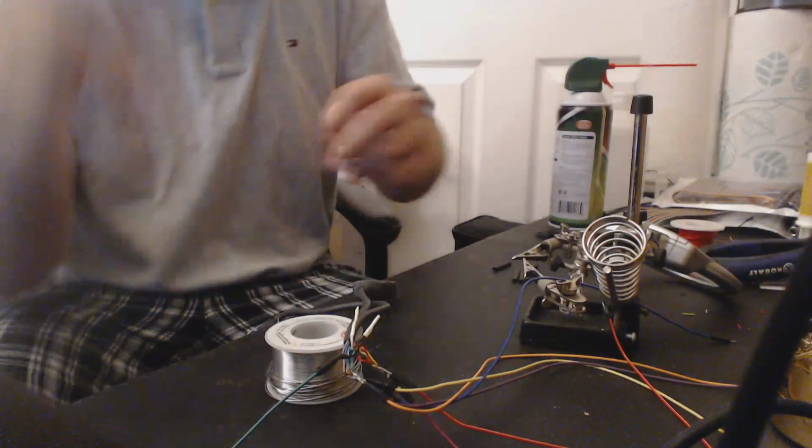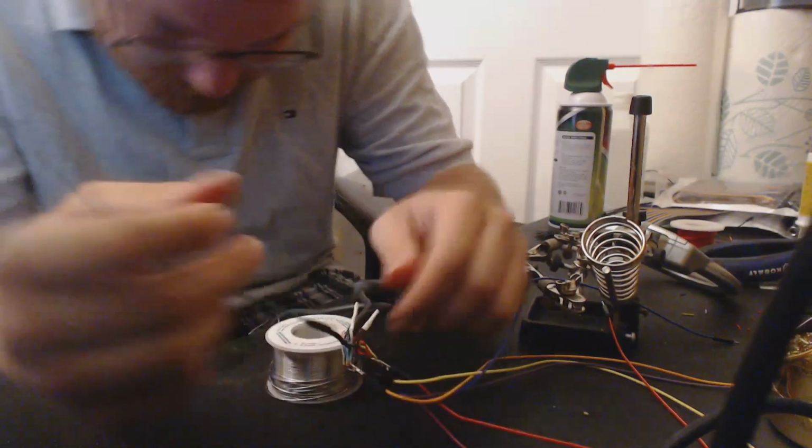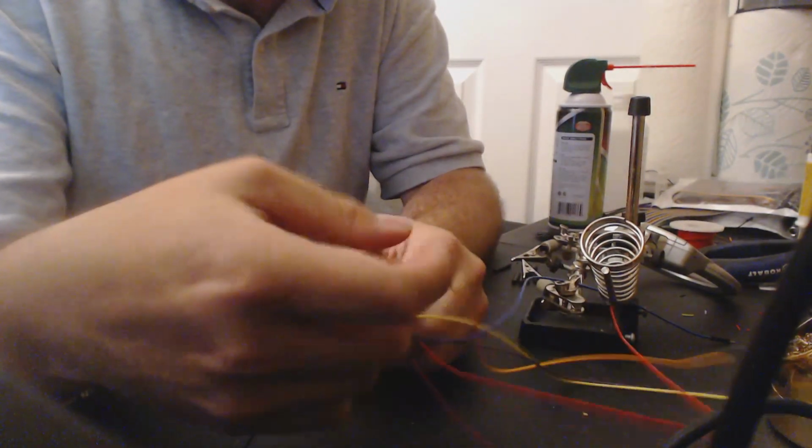That one wasn't cooperating too well, but it should be good. That's super tight on the DuPont side. As long as it's tight on the DuPont side, it's not going to go anywhere, so...